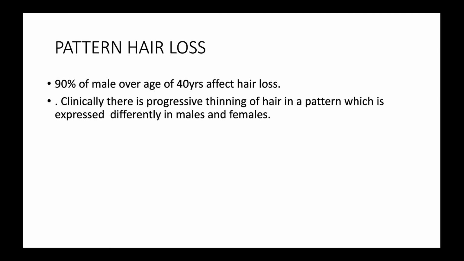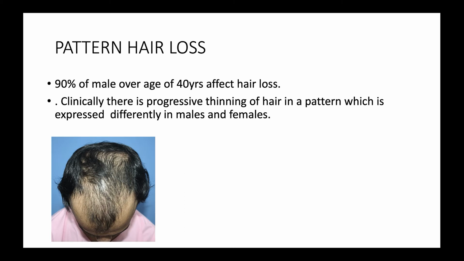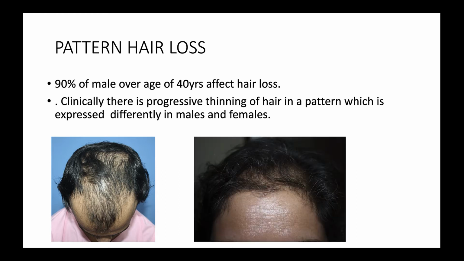The pattern hair loss is one of the most common hair loss both in male and female. 90% of male over and above the age of 40 suffer some kind of hair loss or thinning. Clinically, there is a progressive thinning of hair in a pattern which is expressed differently in male and females. Like male, there is an anisotrichosis, I'll explain. Thinning is there, baldness is there, receding of hairline, while in female, hairline is maintained but thinning over the vault